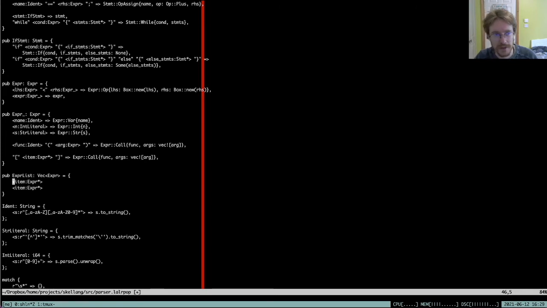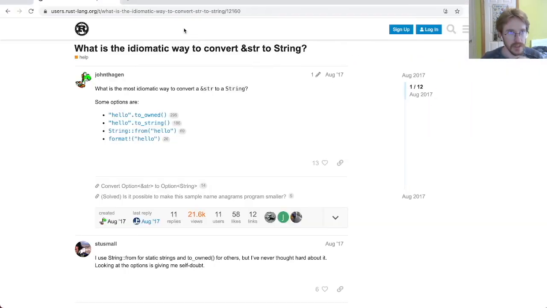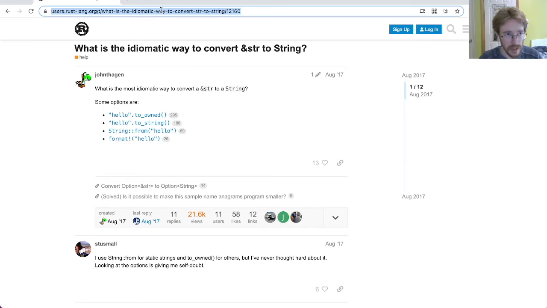I'm not sure actually, because I'd ideally like to be able to use this expression list for both calls and for lists, but I'm not sure how I'd support kind of an epsilon non-terminal. Let's see,